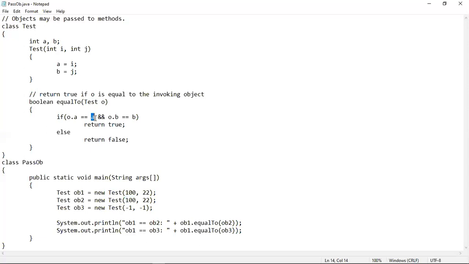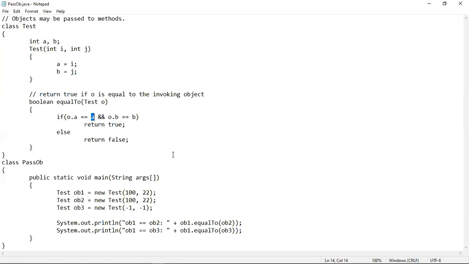Equal to A. Now this A means which A? This equal to method is called using the object OB1. So this right hand side A actually means the value of A that has been passed to the test class constructor using the object OB1.